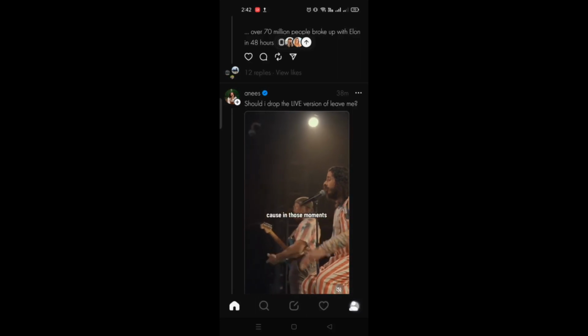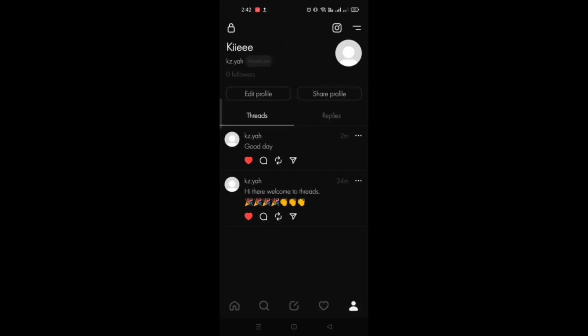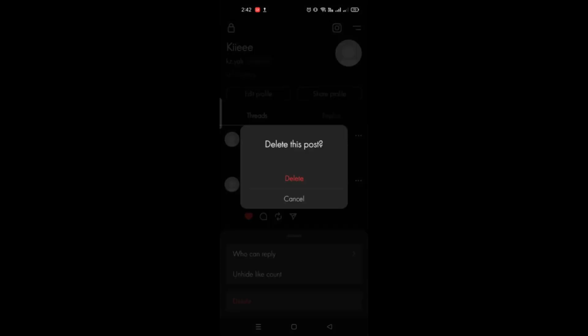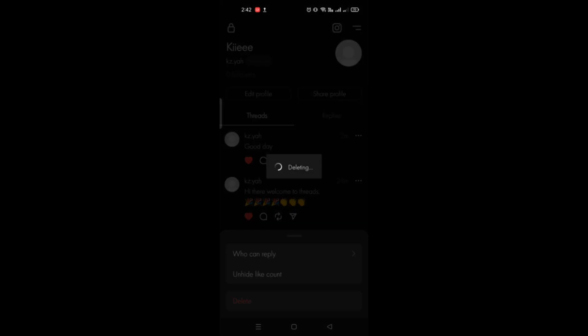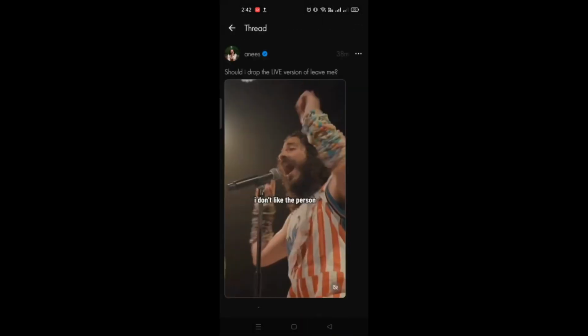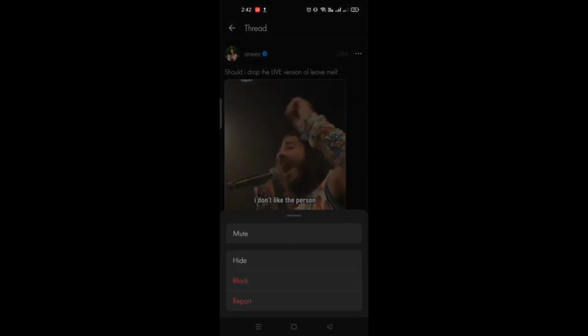So all you have to do is open the application. You just go to your profile right here on the lower right corner and then just click on the three dots menu here on one of your posts or threads, and then there you will have an option to delete. Just confirm the deletion, and now you see that your post that you've deleted has now been removed off of